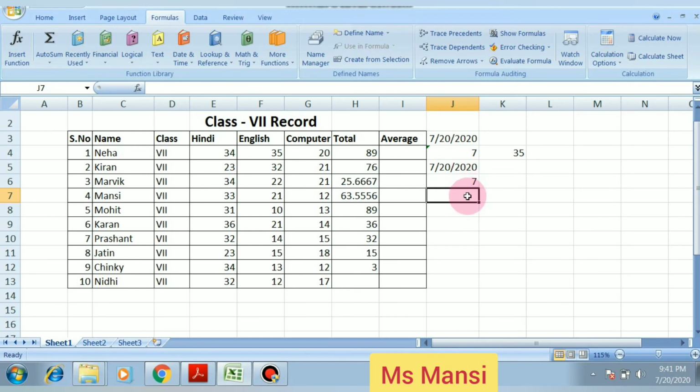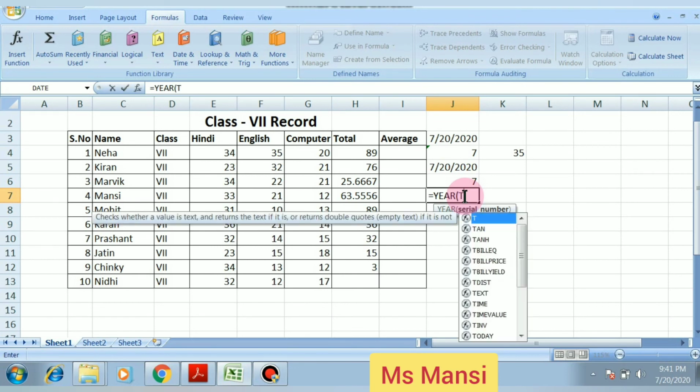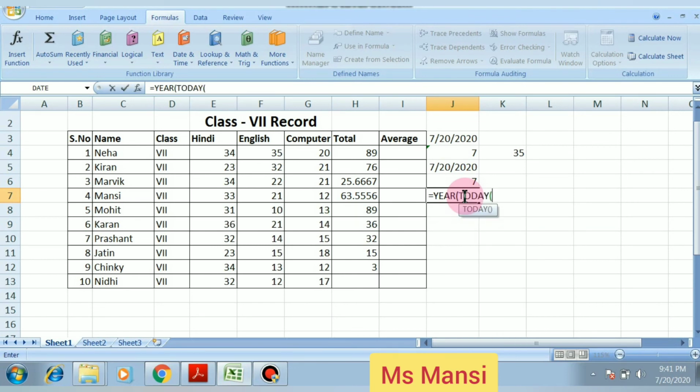Okay. Now you want to enter the year. So how will you apply the function? Equal to the valid function name, year, bracket start, today, opening bracket, closing bracket, this is the function, and main bracket close. 2020, this is the current year.